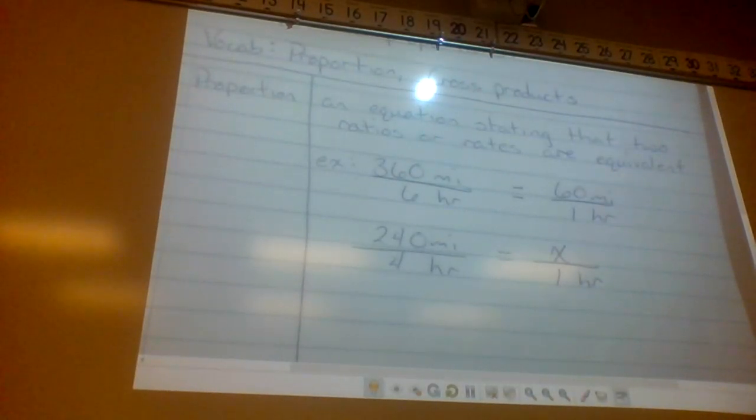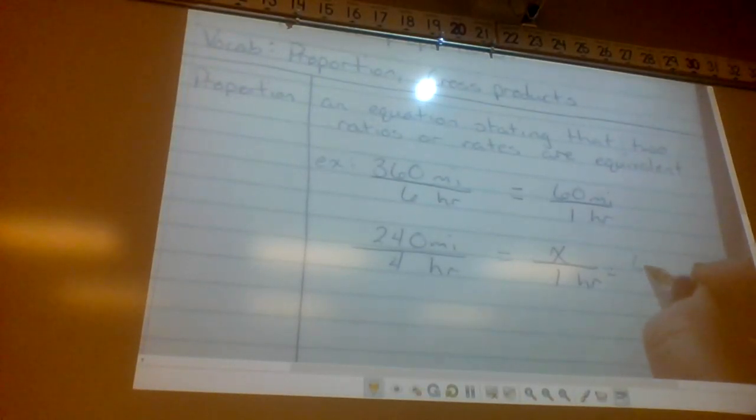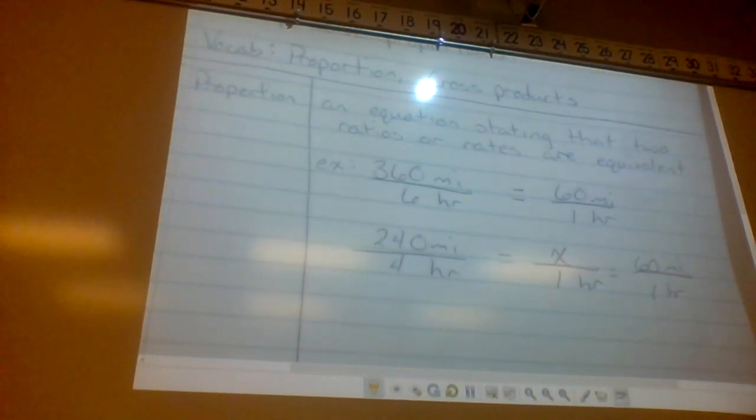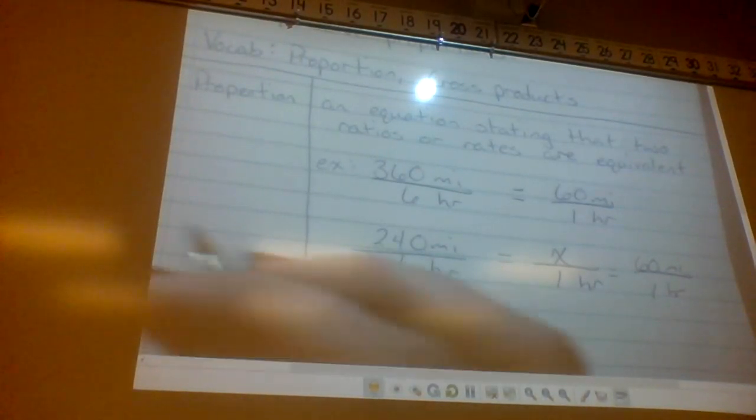Yeah, you could take 240 miles divided by 4, and what would you get? How many times can 4 go into 24? No one, put the calculators down. How many times can 4 go into 24? 6. Can it go into 0? No. I gave you the same rate, just a different distance. But here's the problem. They're not even going to always be that nice. They are sometimes going to show up as